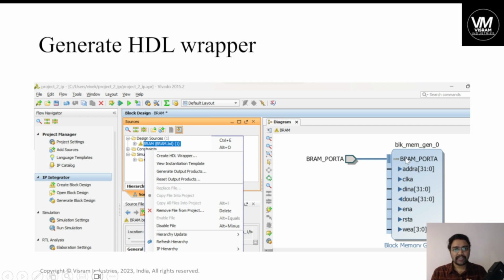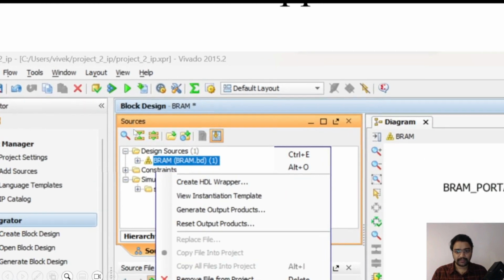How do we create VHDL script out of IP blocks? Same way, you go to the design sources. You see this window, sources. You need to click on the sources here down below. On the sources, click on block RAM design. Right click on it. BD is nothing but block diagram or block design. Dot BD is a block diagram or block design. So right click on it and you will see this window appearing. And if you click on create HDL wrapper, right,